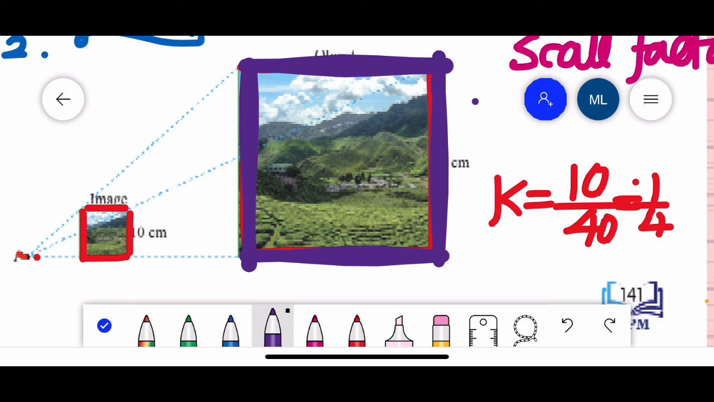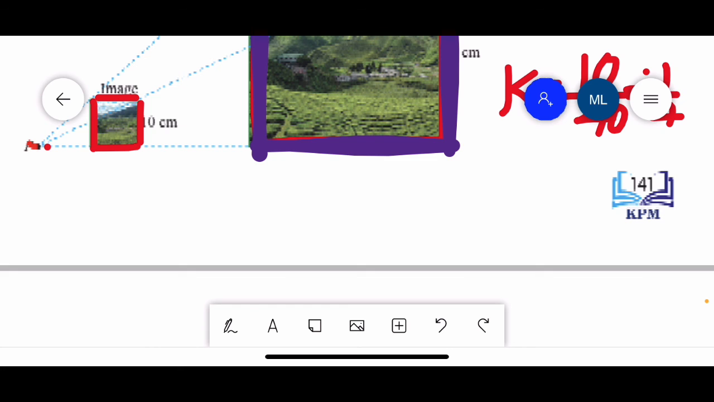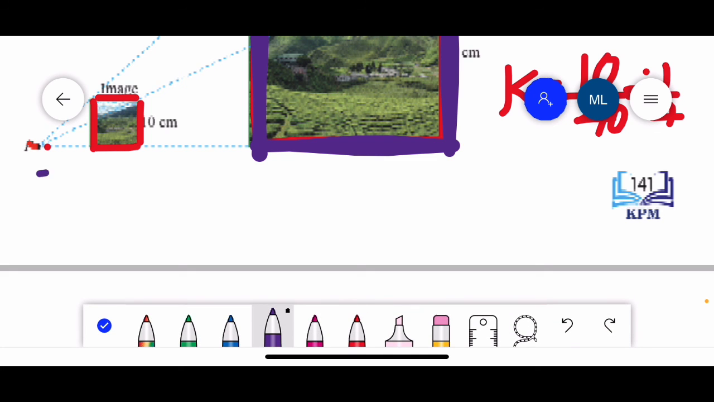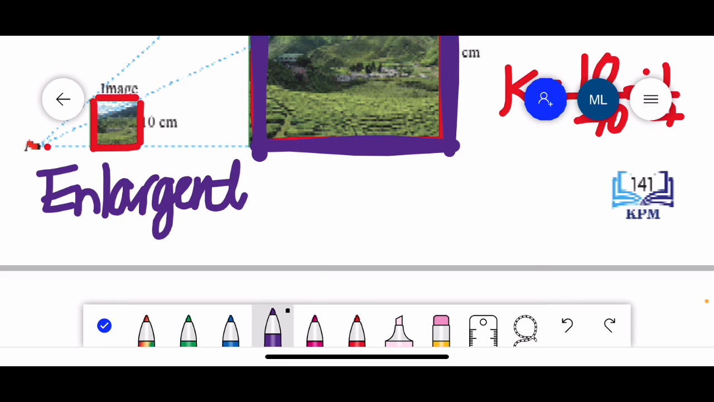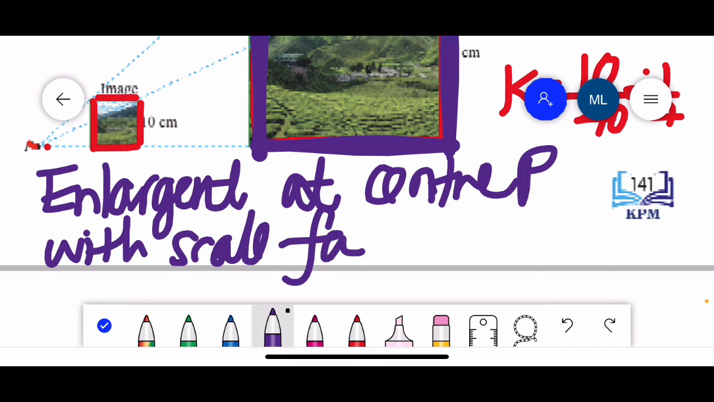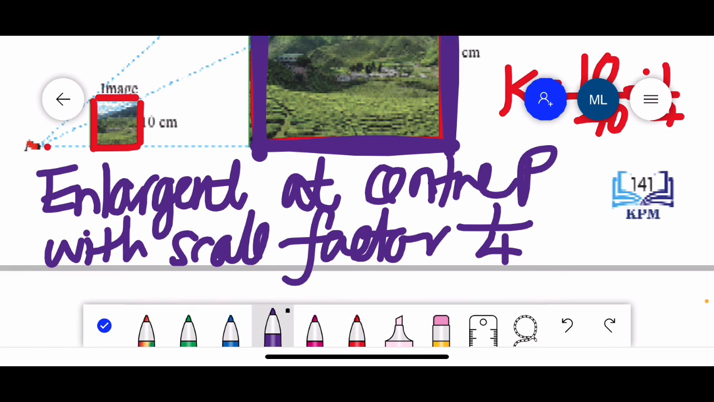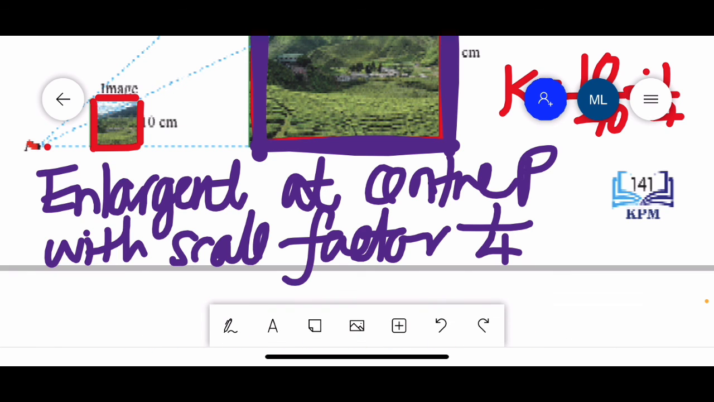So we will just write the sentence to describe the enlargement: enlargement at center P with scale factor which is less than 1. Alright, so we have discussed all the questions for the exercise